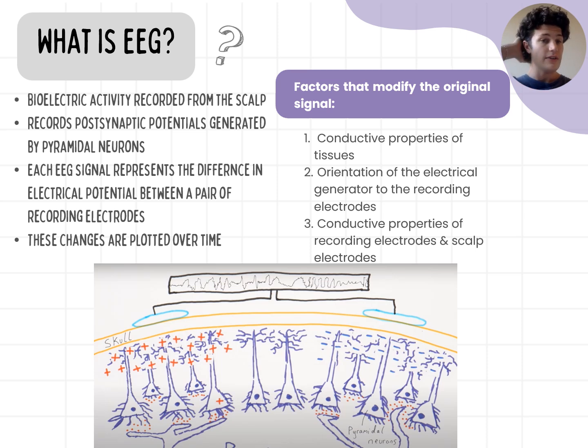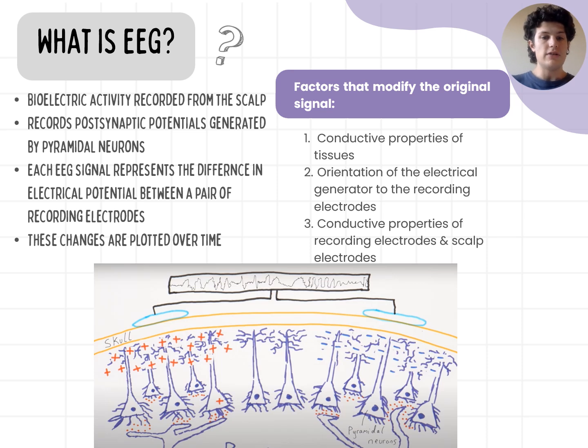And this electrical activity is produced from postsynaptic potentials that generate dipoles in the extracellular space surrounding pyramidal neurons. Each EEG signal represents the difference in electrical potential between a pair of recording electrodes, and these changes are plotted over time. And you can see these changes plotted over time at the top of the picture below, represented by the squiggly line, and this is